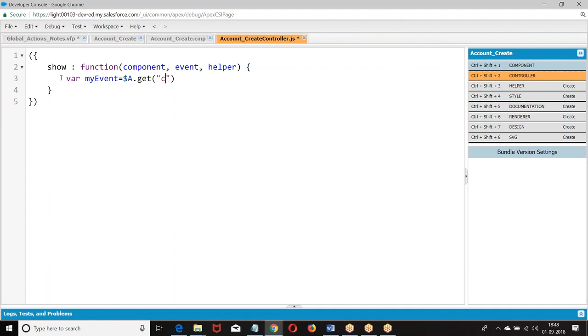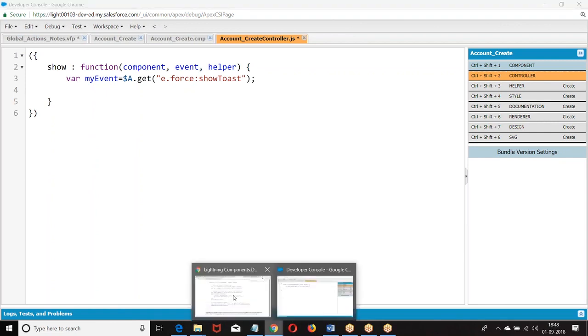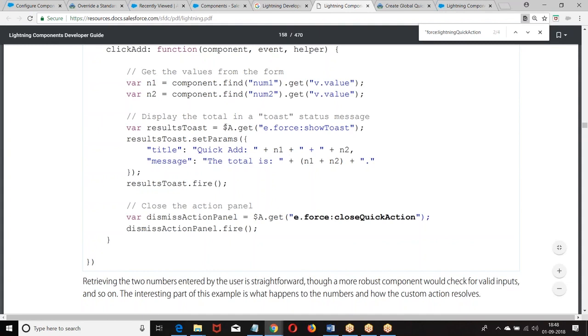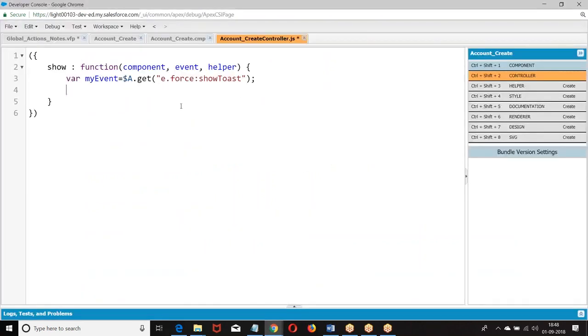So what you are supposed to give? E dot C colon, colon. We are giving the event. Then we are supposed to set the parameters. So that's what I have given. Let me give you a copy paste of it to avoid the naming convention issue.